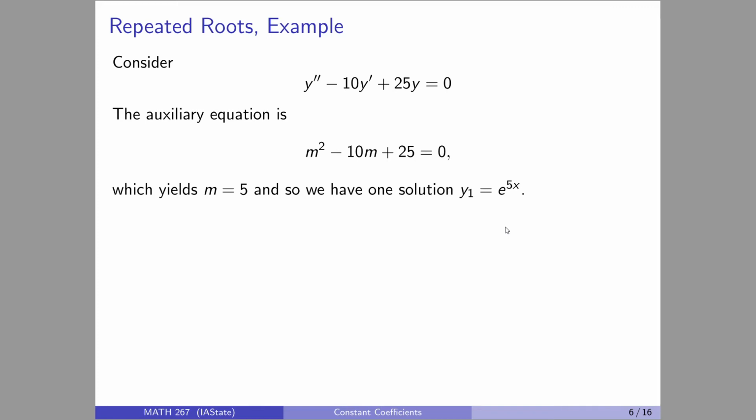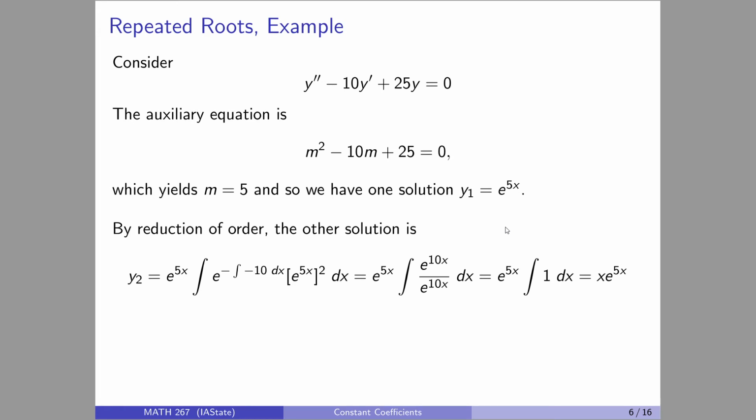So this auxiliary equation is a special one. It only has one root. That factors into m minus 5 quantity squared. So we only have one solution. Well, we're not totally sunk, because as we learned, if you only have one solution, you can reduce the order. So applying a reduction of order,